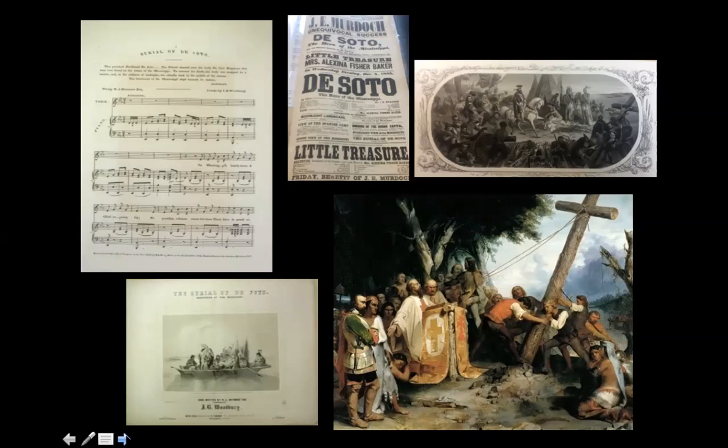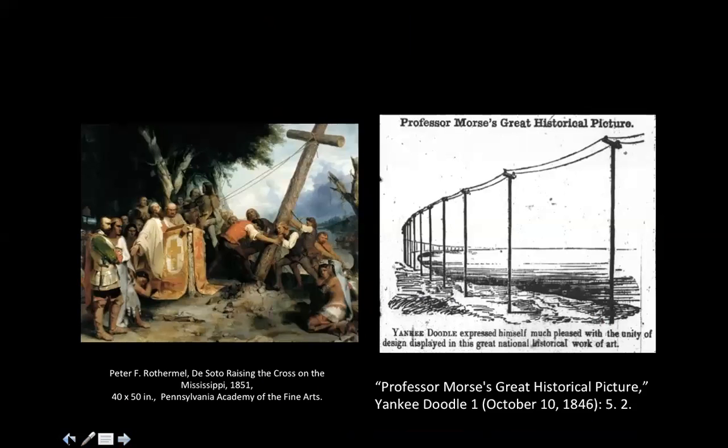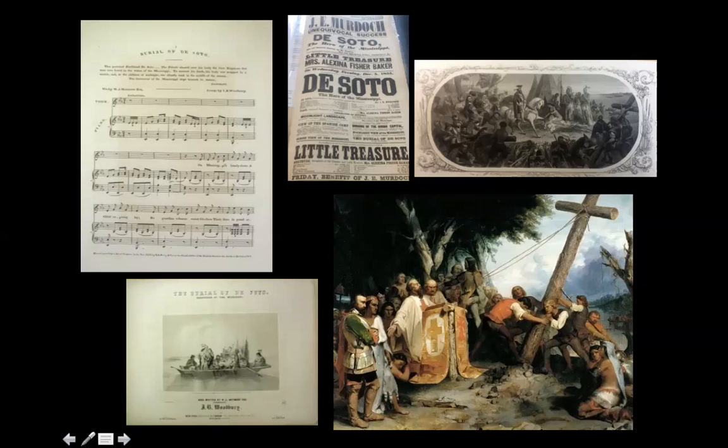Landscape has more of a role in this painting than in any of Rothermel's other images of Spanish conquest and discovery. Let me see if I have a better detail. Here, I'll keep it on here. The entire foreground is given over to the pliable clay of the Mississippi riverbanks. Both the cross and the kneeling Native American figures, possibly Chickasaw American Indians, in the right foreground seem to be